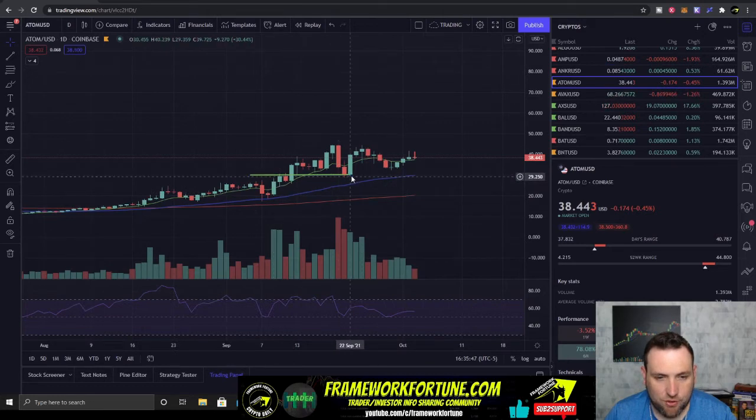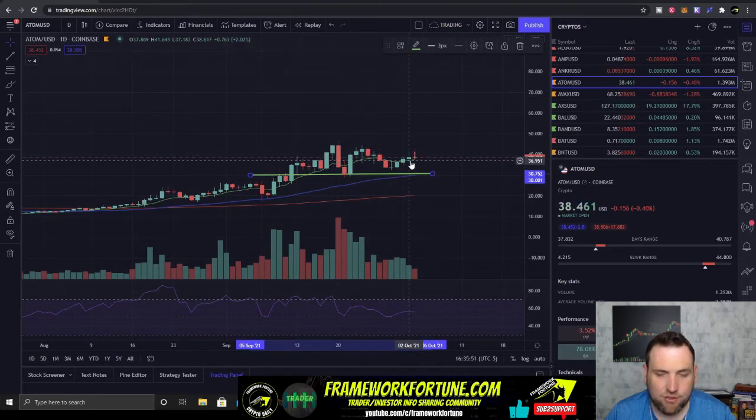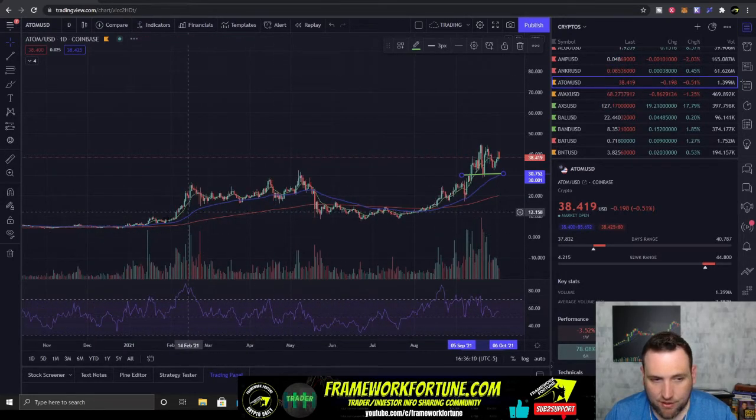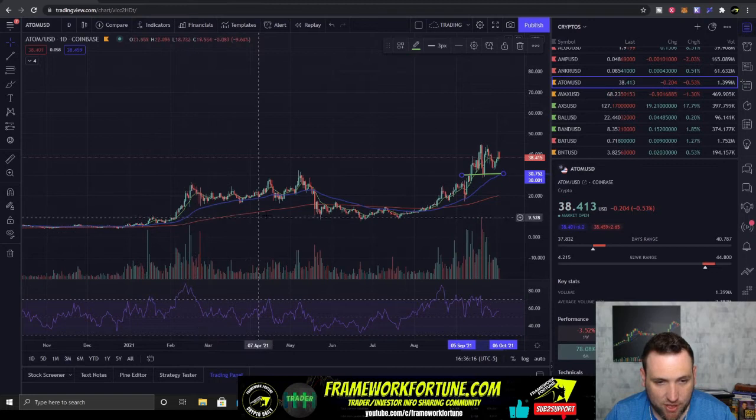So that is stronger support than what the 10-day, which is this green moving average, would be on the 5-minute chart. The green is just a 10-day moving average, so it's just the price movements averaged out over 10 days. The blue is 50 days, and the red is 200 days. The 200-day is going to be your strongest of indicators, and that's why you see the price usually stays above the 200 or below the 200,